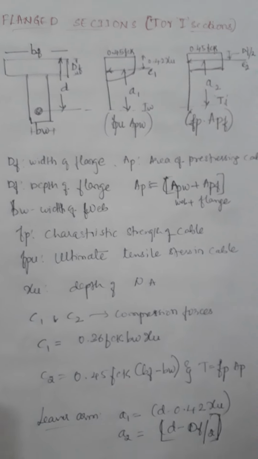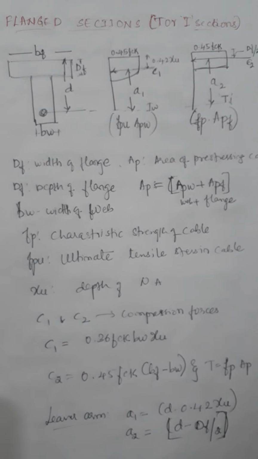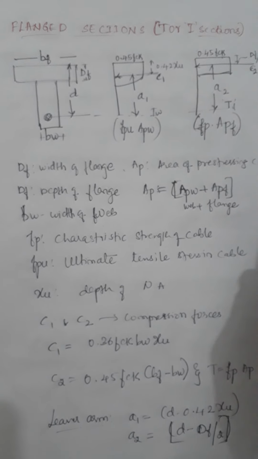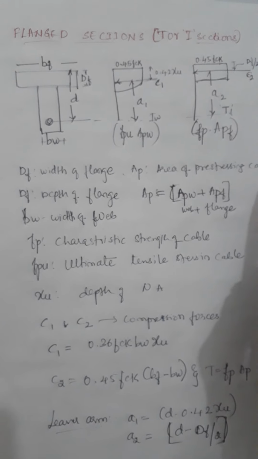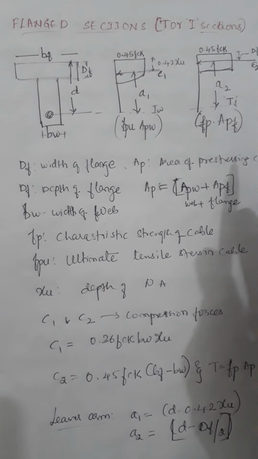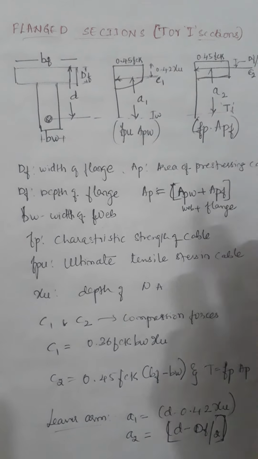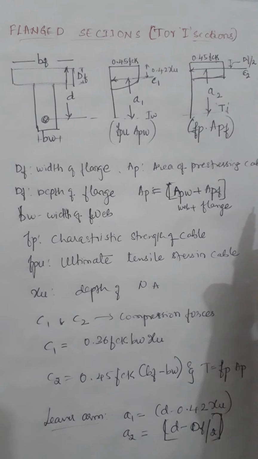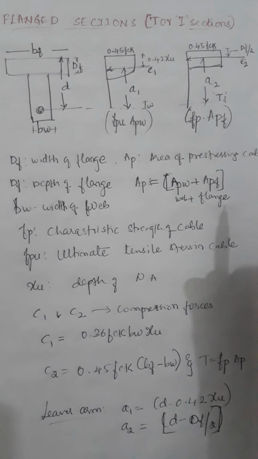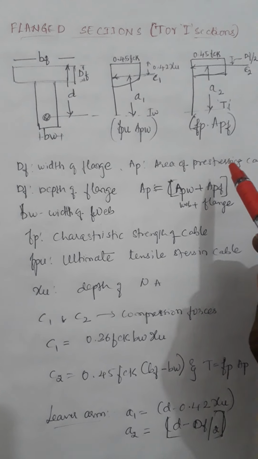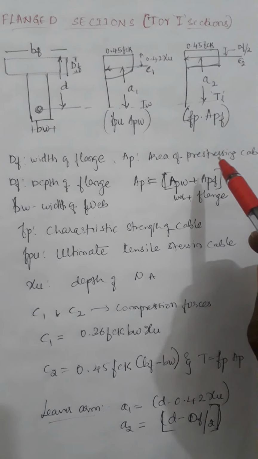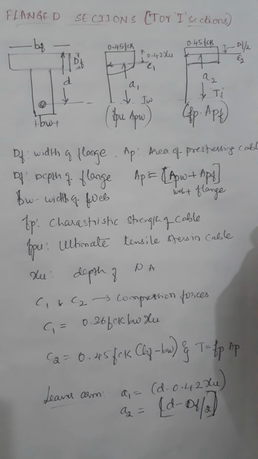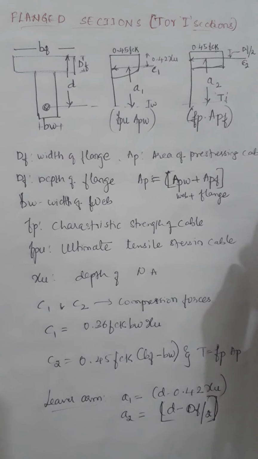Hi everyone. In the previous class I told you the formula to find the neutral axis if it is a rectangular section. If it is other than rectangular, if the neutral axis lies at the flange, and now when the neutral axis lies at the web, then there is some change in the formula, as in RCC.